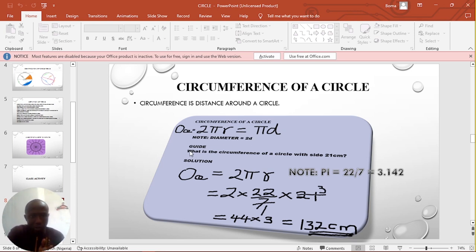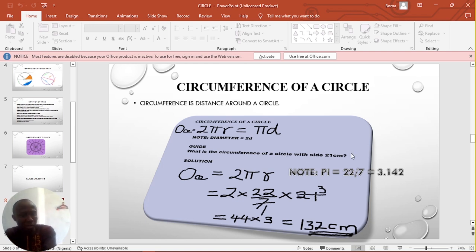So what is the question now? The question, which is a guide for us, is: what is the circumference of a circle with side 21 cm? Sorry, it's not supposed to be side, it's supposed to be radius. Yes, there is an error in the question. It's supposed to be radius, not side. But let's work with it in the correct format, which is: what is the circumference of a circle with